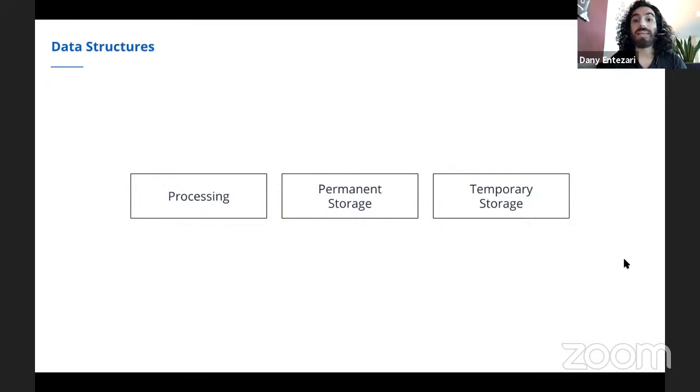But besides that, in the context of algorithms and data structures, understanding temporary storage, at least at the high level, is going to help you become a better computer scientist, or someone who wants to write software. Okay, so we need to know briefly what a temporary storage is in order for us to understand data structures.